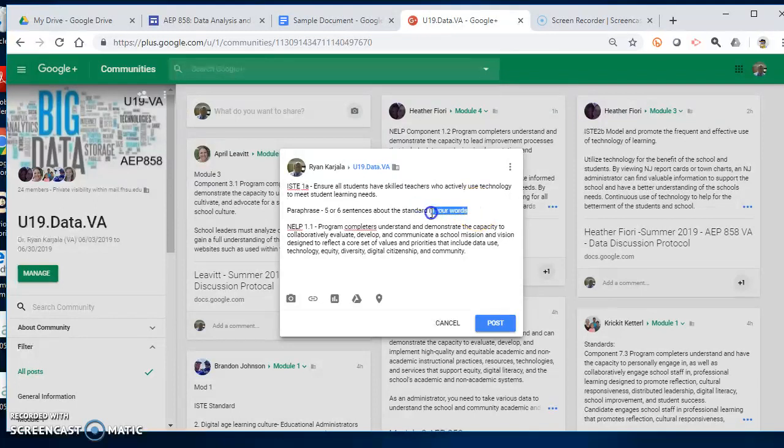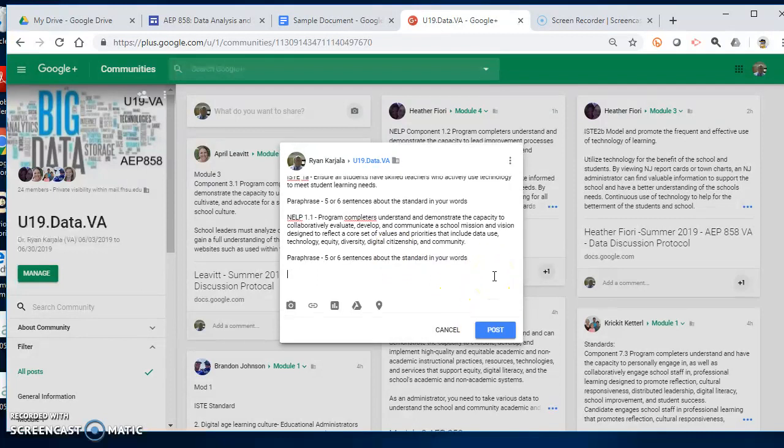Again, it shouldn't be something where you just type one sentence and call it good. You need to figure out how this applies and be able to explain it and talk about the application of it, how it's affecting what you're doing in your assignment. So you'll do that. Then the next thing you'll need to do is, if you have a Google Doc or